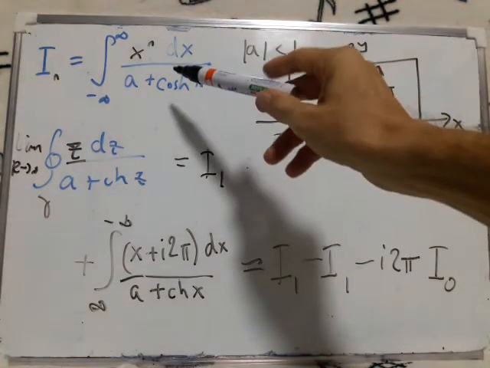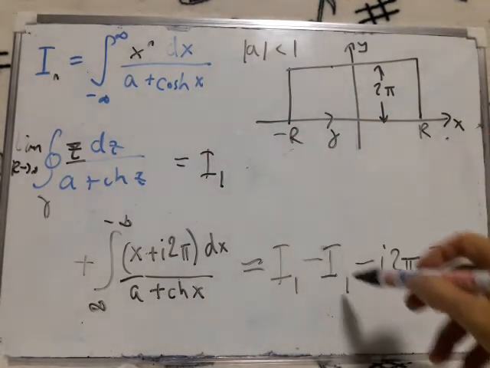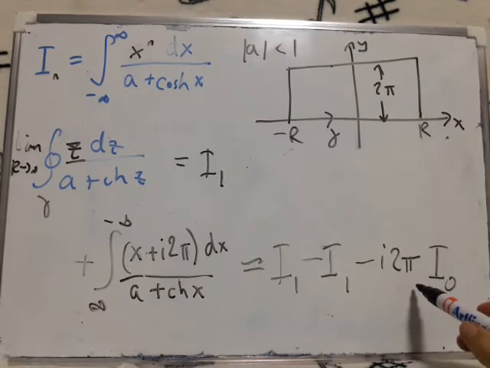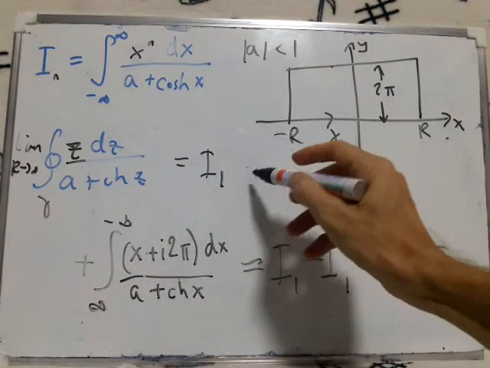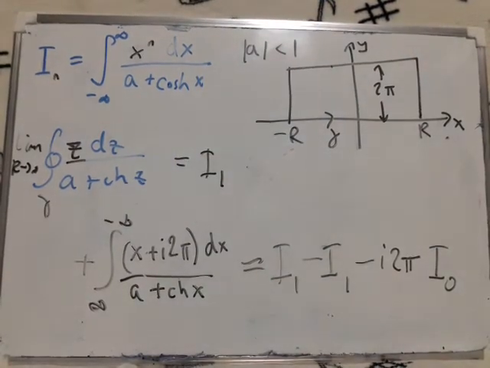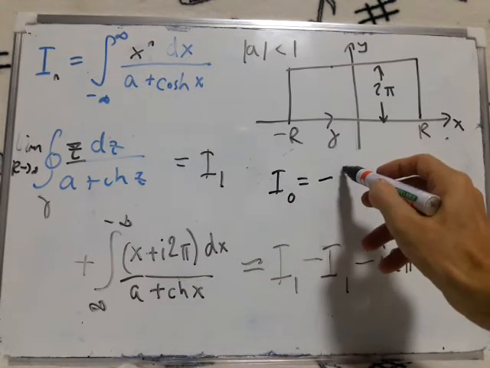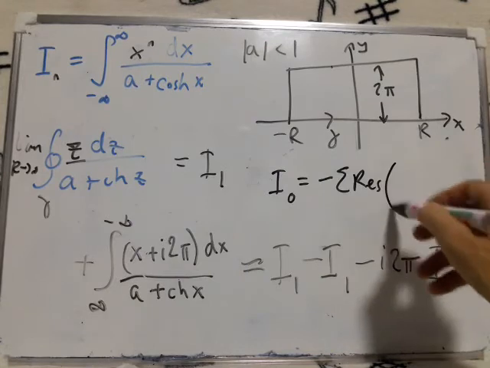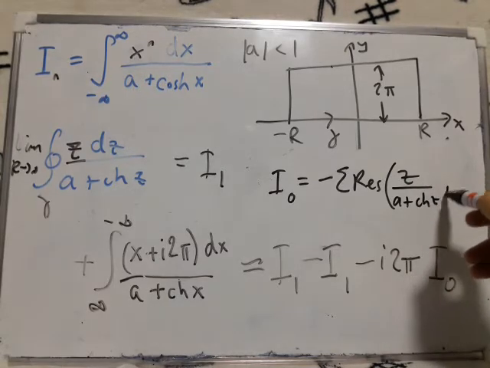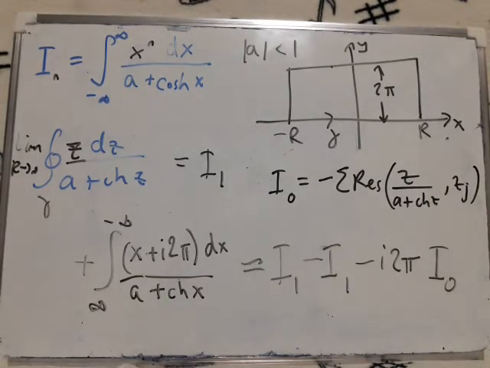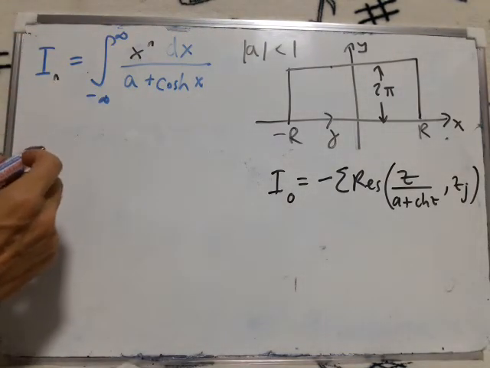But before we do that, we may as well just say, well, okay, we've got now that minus 2 pi i I0 is equal to this. So therefore, I0 is equal to minus the sum of the residues of z over a plus cosh z inside the contour. So where does this have poles? Well, it's going to have simple poles